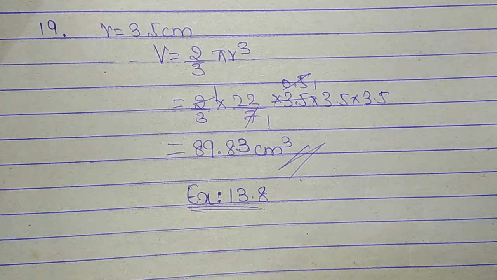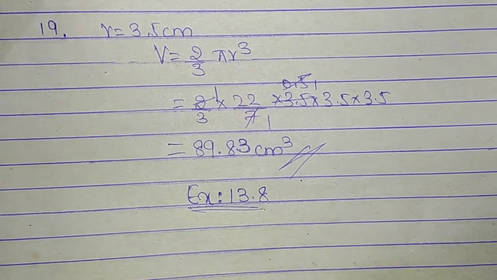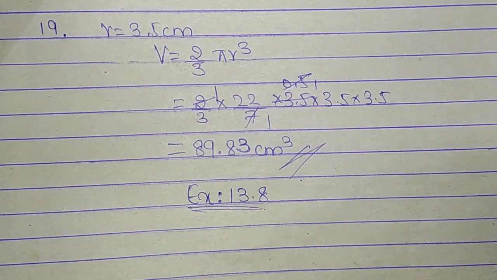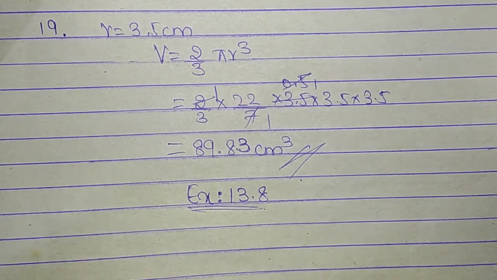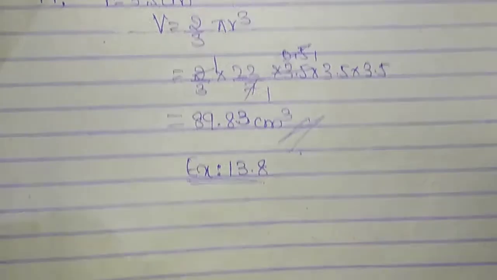When they say volume of water displaced, as we learnt in Archimedes principle in the gravitation chapter, the volume of water displaced will be equal to the volume of the sphere which has been immersed into the water. Since they have given us the diameter, find the radius, find the volume of the spherical ball, and that will be equal to the volume of the water which will spill out of the container.